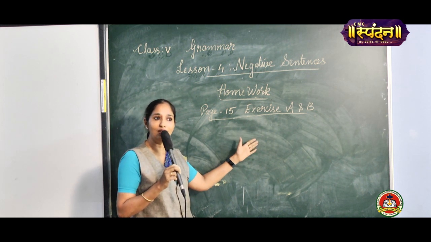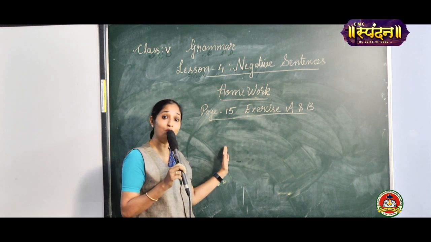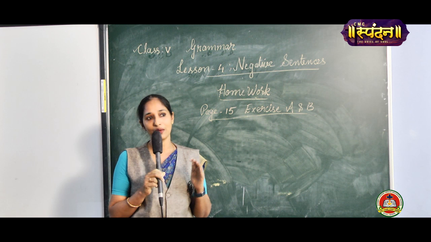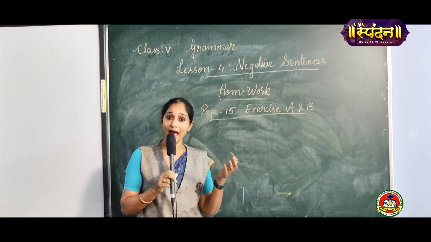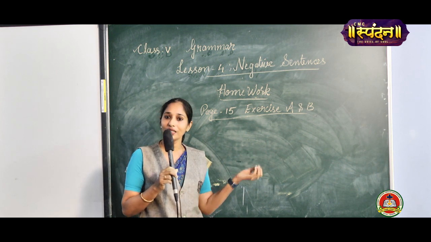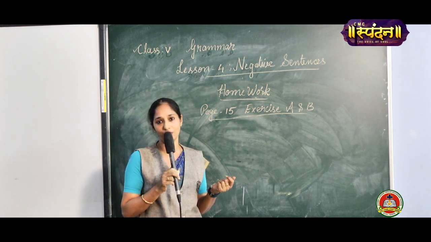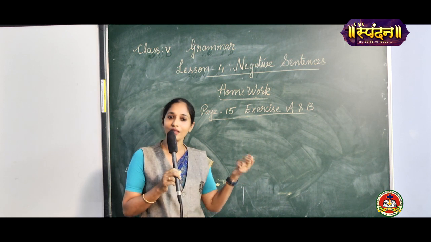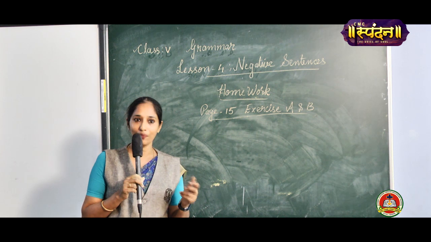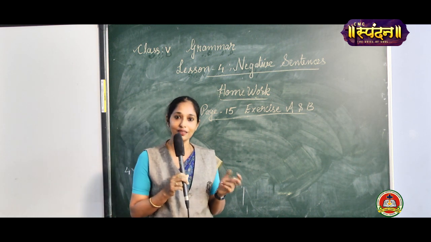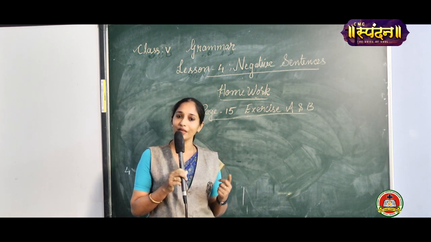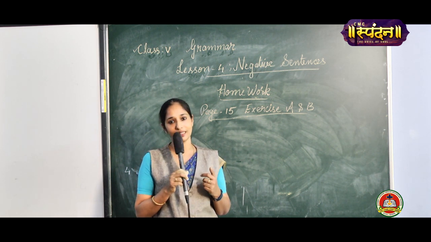We learned what is an auxiliary verb. Auxiliary verbs are otherwise called helping verbs. Is, am, are, was, were, has, have, may, can, could, all these are called auxiliary verbs or helping verbs. And I have explained to you that auxiliary verbs are used to form tenses, passive voice, negative sentence and interrogative sentence. In the next class, we will be learning interrogative sentence.